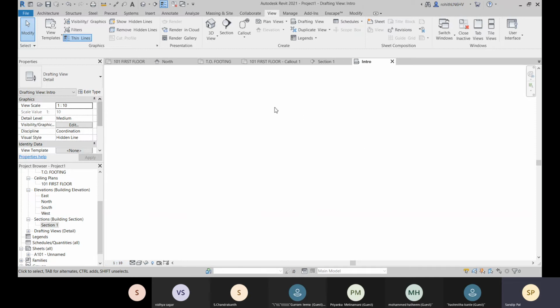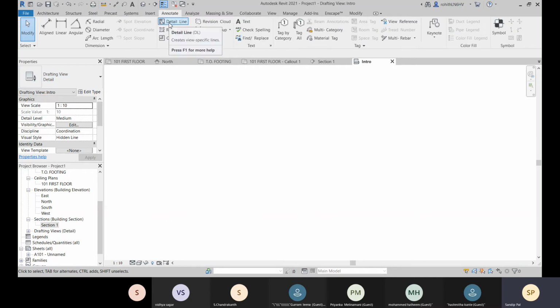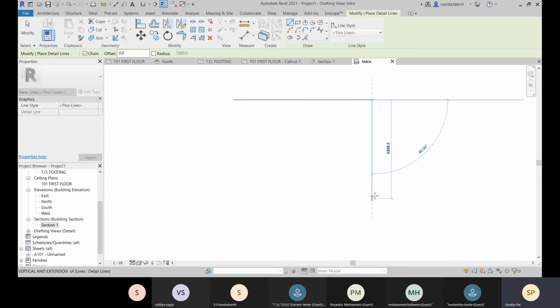And here you can create any 2D lines, and there you can show all the details about your project. So let's go with this detail line, and here you can add this box where you'll be adding all the information related to your project.